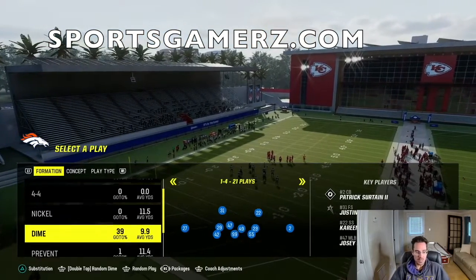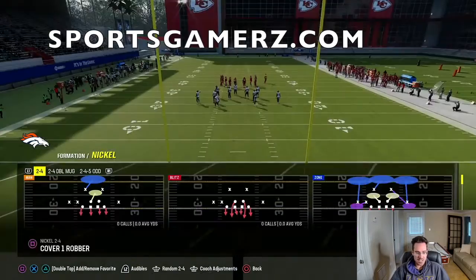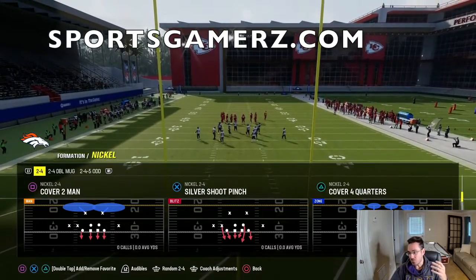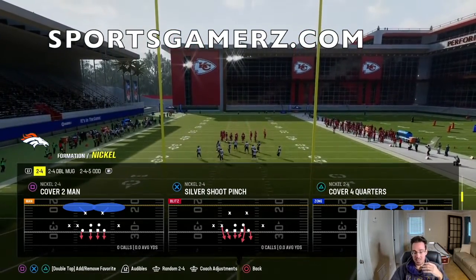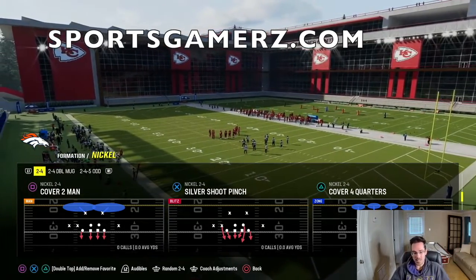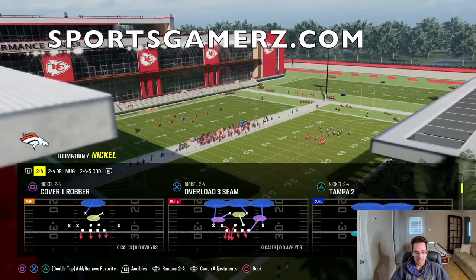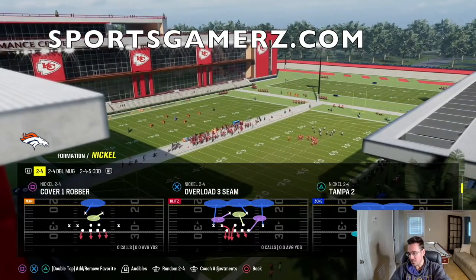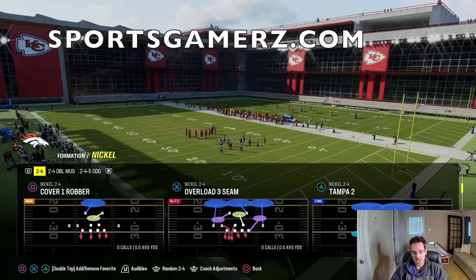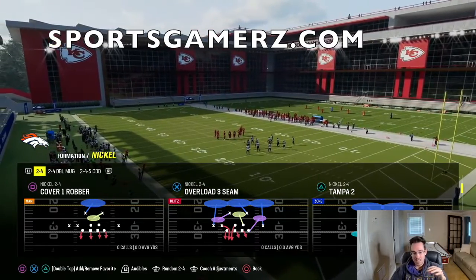But most people think that really the only matching defense is just cover 4 quarters, right? That's what a lot of people think, but that's not true. Honestly, I would say a ton of different plays actually have matching rules in them that most people don't even know about. For example, you guys can see here, if you look at the play overload 3 seam, if you look at the play art, notice how those two flat defenders that are light pink, light purple,